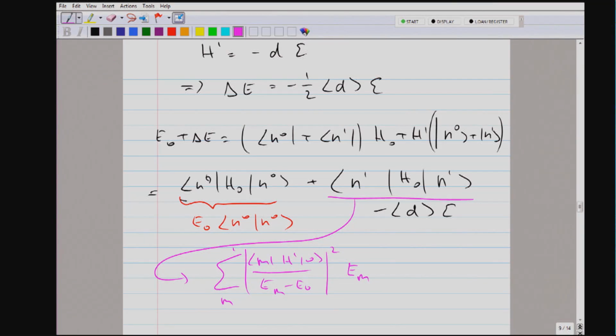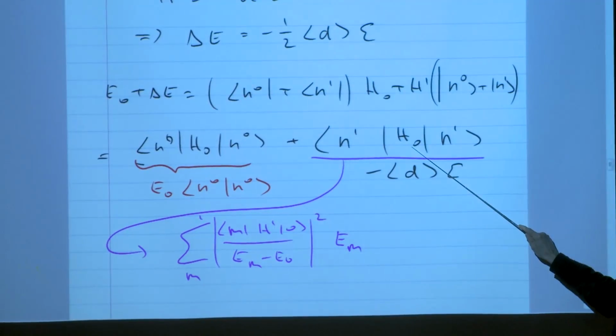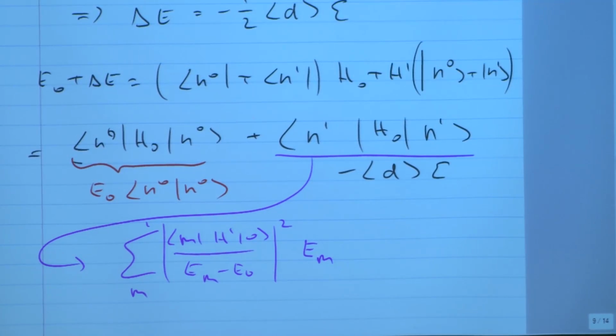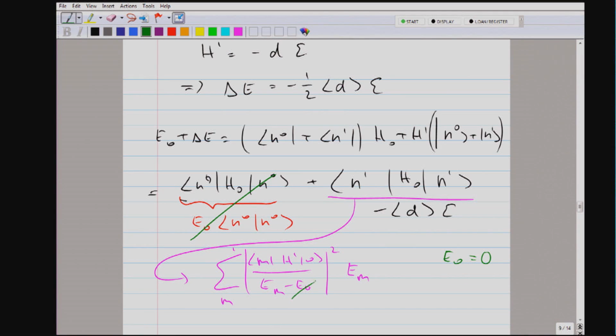We get 3 terms. One is the unperturbed energy, one is the dipole energy in the electric field, and one is the extra term which I want to discuss. It is actually the internal energy, which would correspond to the stretching of the spring in Hooke's law. Now, in order to show it to you explicitly, I want to use E naught equals 0 for the energy, because then this term is 0, I can neglect this, and one of the squares, 1 over Em squared, cancels with the Em.